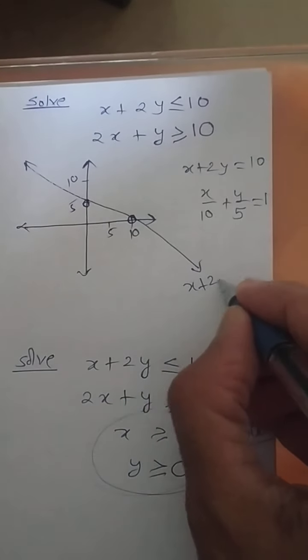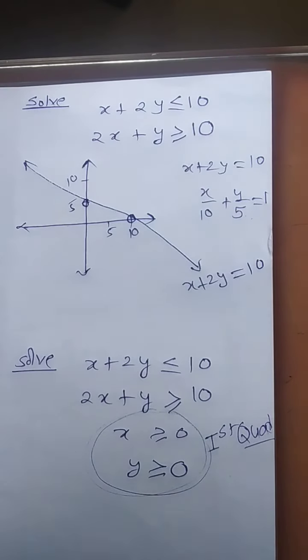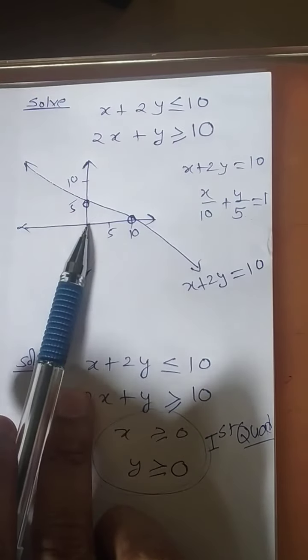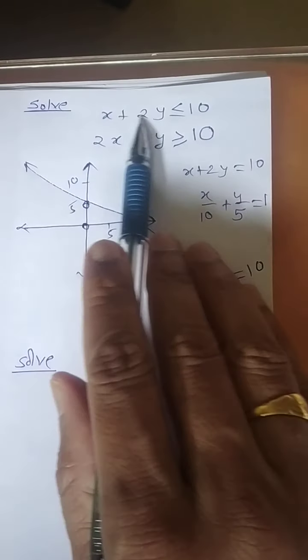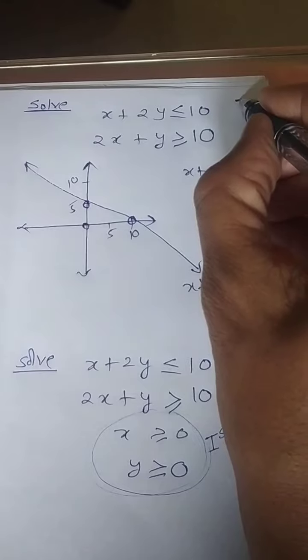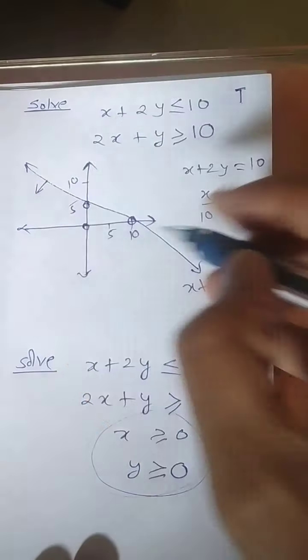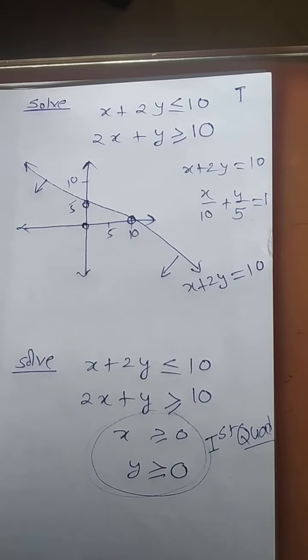Whenever you draw any line, at the same time write the equation. In the previous class we shaded. Now instead of shading we are going to put arrows. Try to understand what is the meaning of that. This line is not passing through the origin, so the origin can be selected to check. If I put 0, 0 over here, I am getting the condition true, so the solution is towards 0. So I just make an arrow, I have to move towards 0, just enough. Though in the book they have given two kinds of shading, no need also.